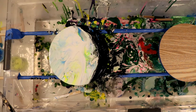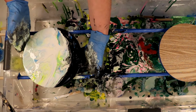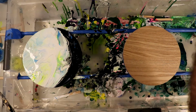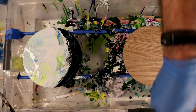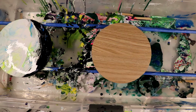So now I'm going to move mine way over here to the side and let Chad work on his. Okay, so what we're going to do for this one is I am working with the pumpkin ring, right? So I thought I might just do a simple little pumpkin field, a green field with a Halloween black cat. We'll see how that goes using the cookie cutter method. I guess I'm going to start though with just some white as a...